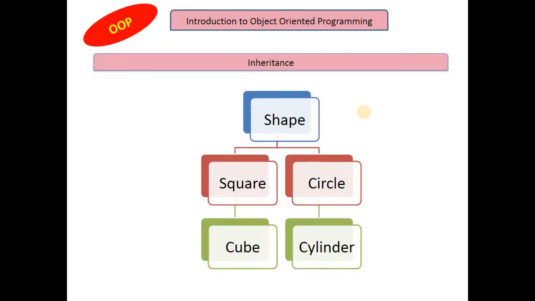So, next concept comes, we have seen object, class, encapsulation, abstraction. Next concept comes with inheritance. Inheritance means, for example, as you see over here, the cylinder is a similar thing which has a circular shape. That is why I can say cylinder, circle and shape is one type of descending sequence and ascending sequence, whereas cube is a part of a square, whereas square is a part of a shape. So, I can say that shape is sharing all its common properties with square and circle is sharing its own property to cylinder, square is sharing its own property to the cube.